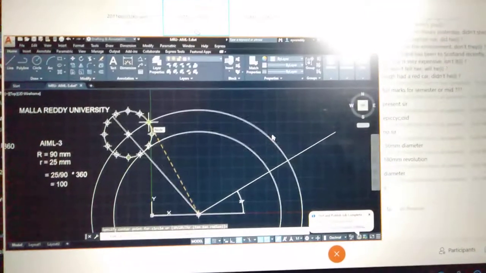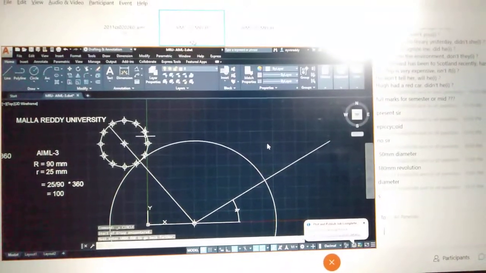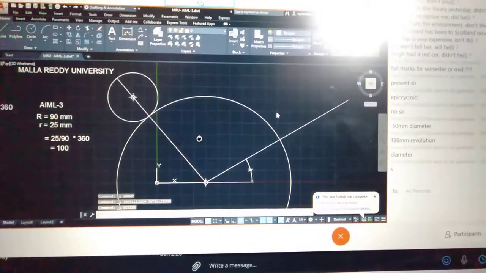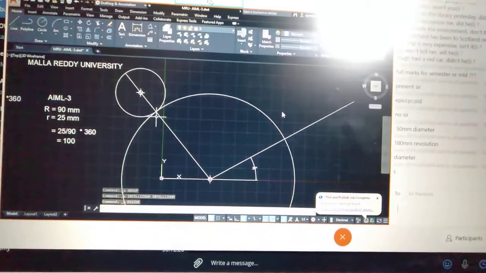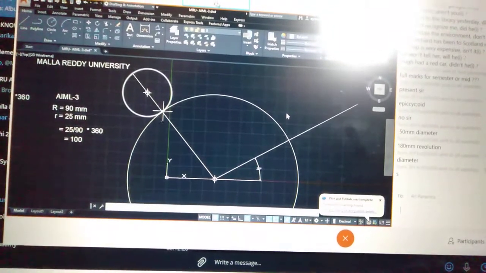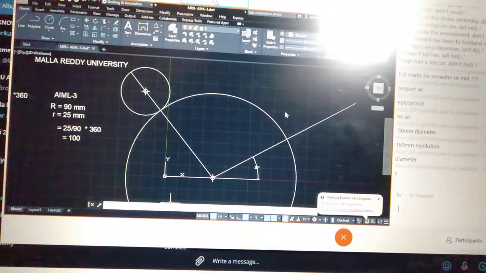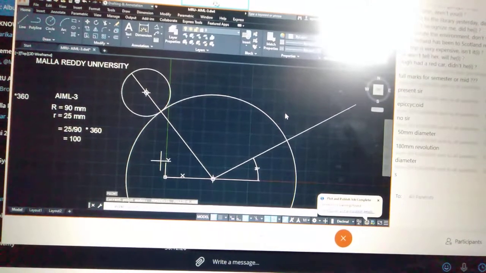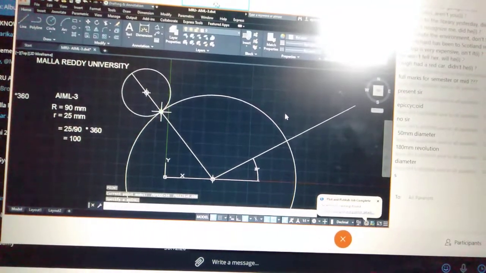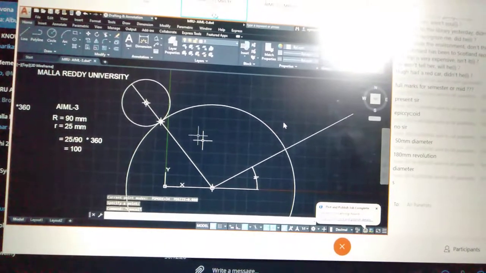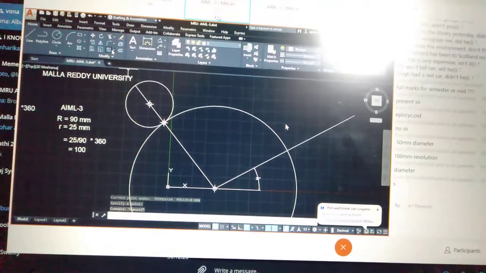There is a problem. Then what you have to do is Control Z, don't do the divide operation. Then what you do is just make a point here once again. Make it one point, EO, enter, just make it a point here. That's all. Escape.